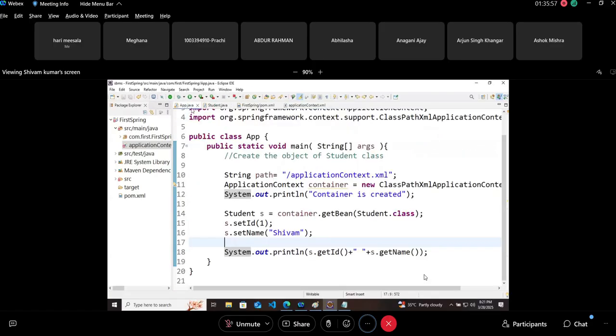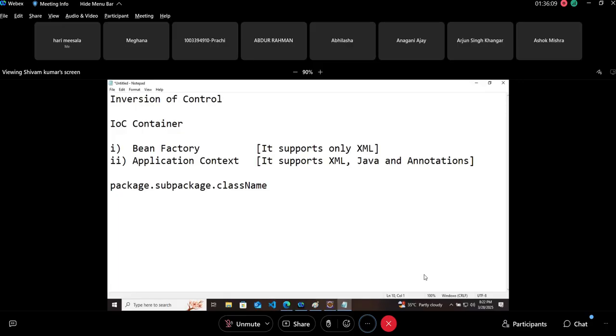Here now, load will not increase, guys. Why are you thinking that load will increase? Let's say here I want to create two objects, two students. So you will create like this: Student s1 equals new Student. After that, if you want a second student, you will create Student s2 equals new Student. Is there any other method that you will follow? No. Is it increasing the load?